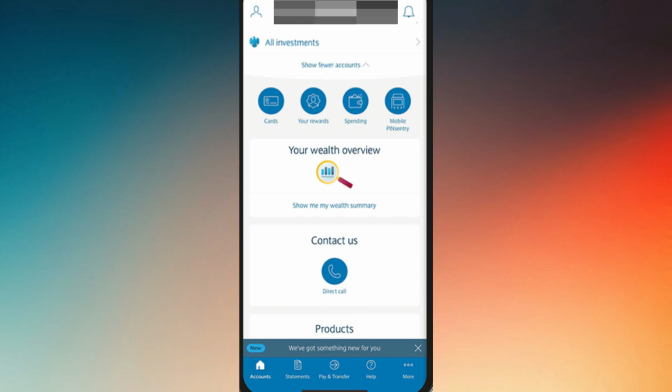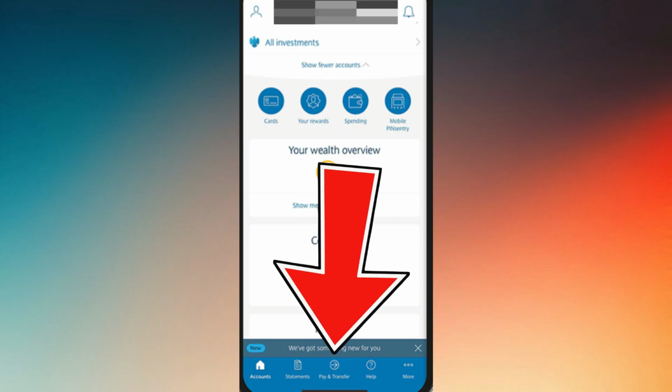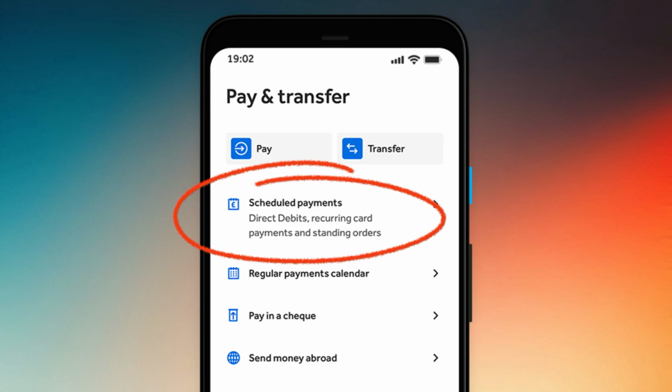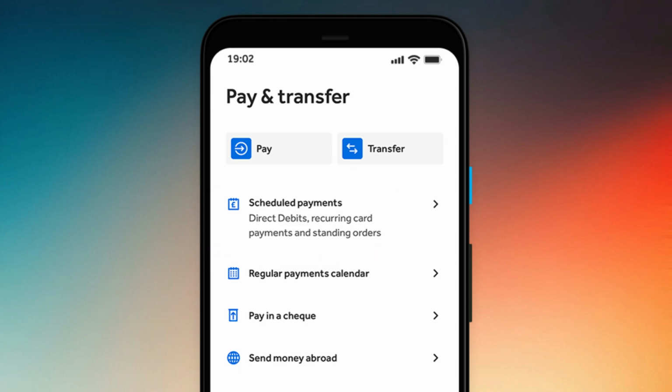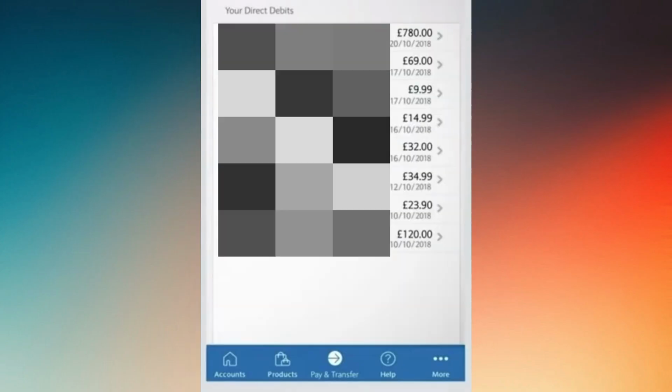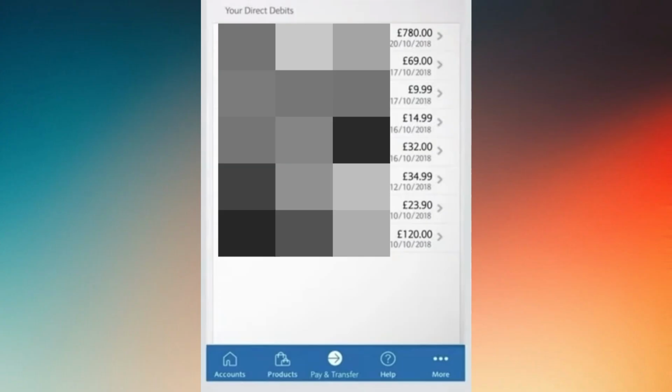Now, for you to manage all the direct debits that you have, you simply choose Pay and Transfer. On the next page, what you have to do is choose Scheduled Payments. And from there, just simply switch that field to your direct debits. Now, from the direct debits field, you will see all the details